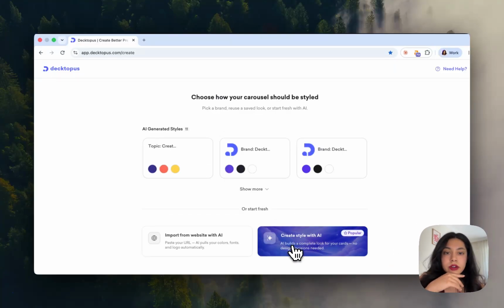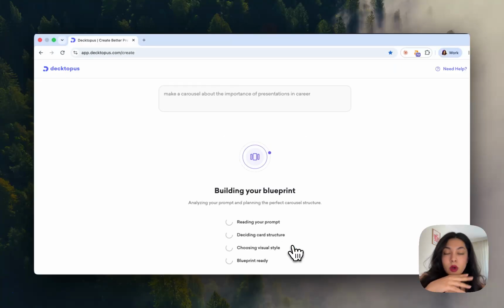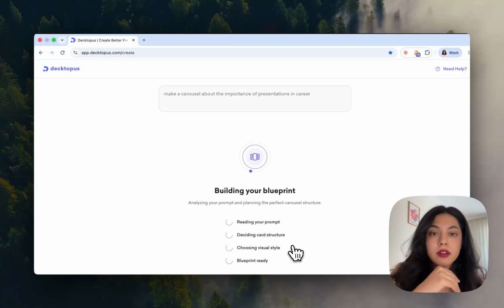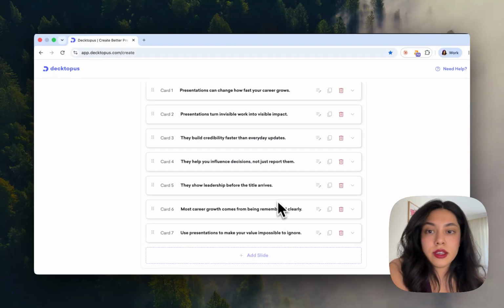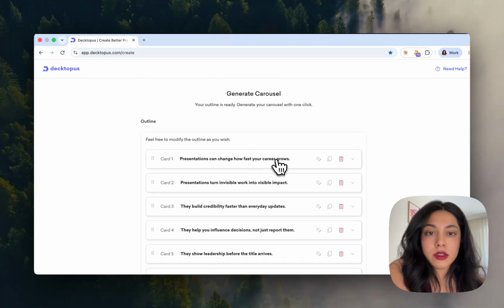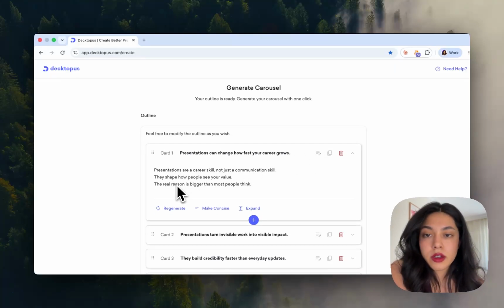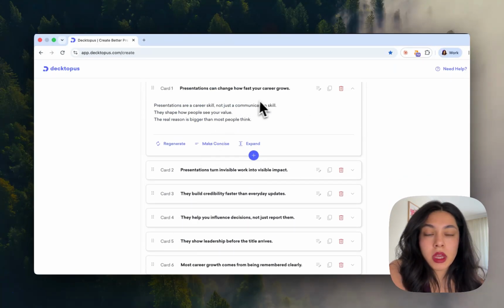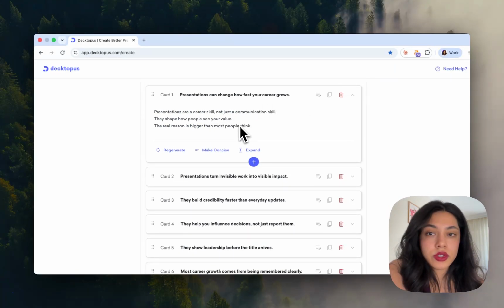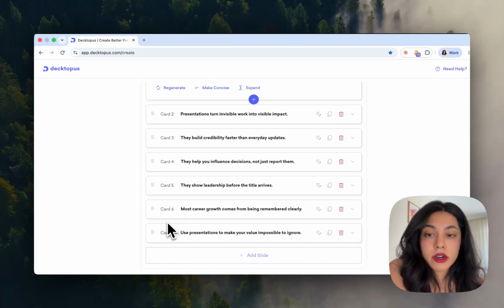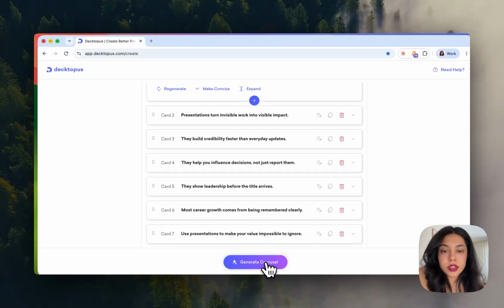I wanted to create with AI. Also, you can import your branding from just a website URL. As you can see, it built the carousel outline. You can just click here and review them, or you can change something you want to change, regenerate it, or make it concise, or expand it. I wanted 7 cards and it gave me 7 cards. And I click on generate carousel,